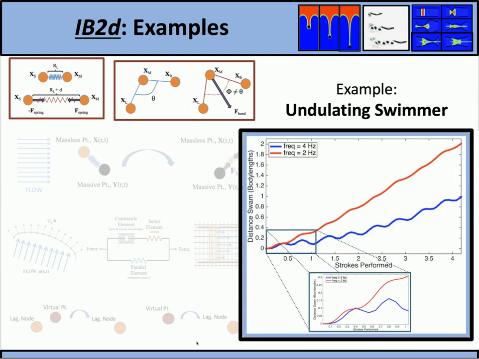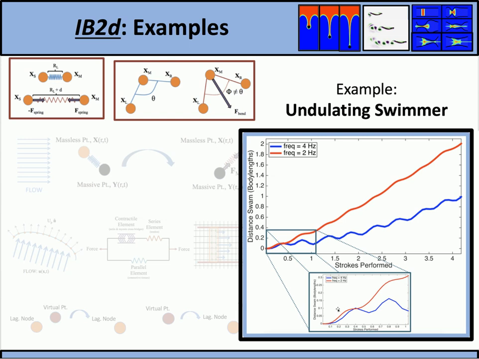Now, we've said previously that there's a data analysis package in IB2d, which you can use to analyze any of the Eulerian data, meaning the velocities, the vorticity, the pressure fields, or even track positions of the Lagrangian points themselves. In this example with the undulating swimmer, we just ran 2 different cases. The case in red is the one which you just saw, and all we're doing is comparing 2 different undulating swimmers who are changing their curvatures with different frequency. And we're just tracking the rightmost point on each swimmer to basically see how far it's swimming versus how many